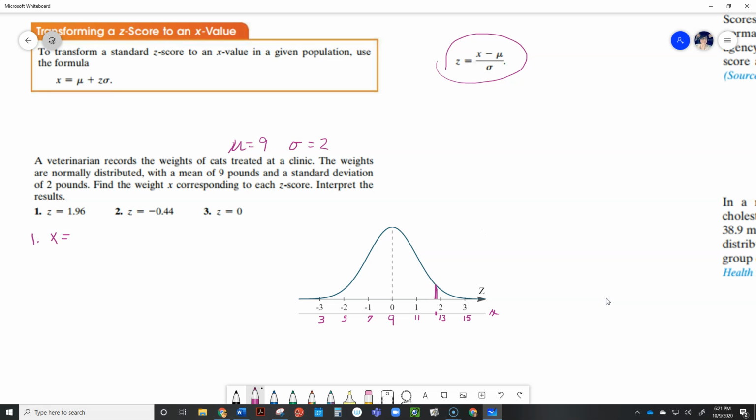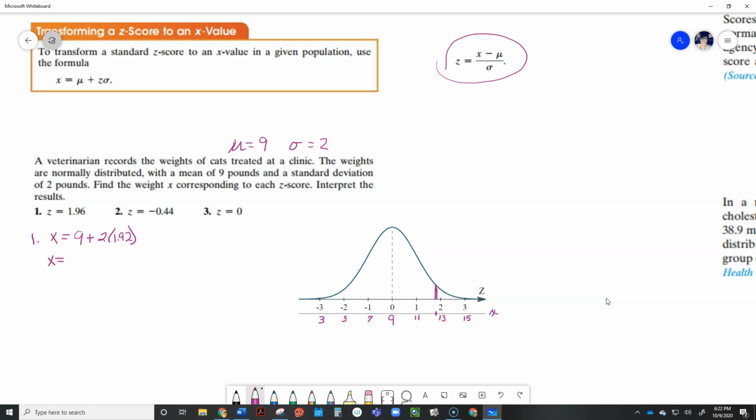So you just plug in all the numbers. The mean is 9 pounds plus the standard deviation, which is 2 times your z-score, 1.96. So you just simply do that math,